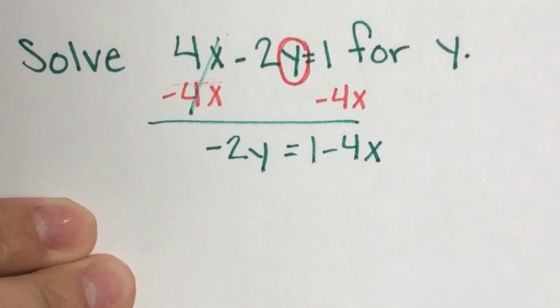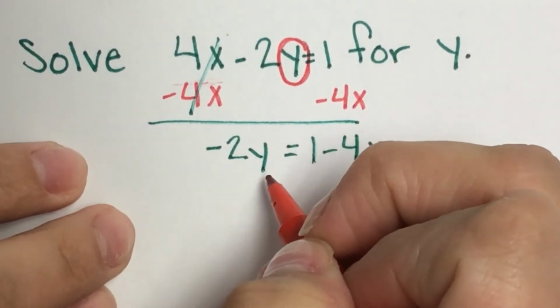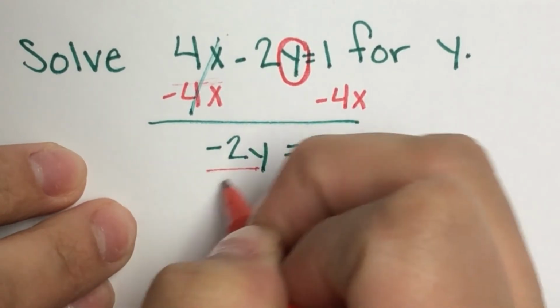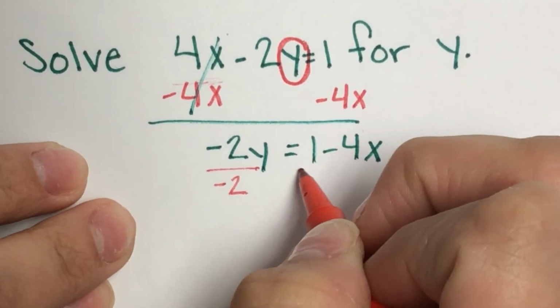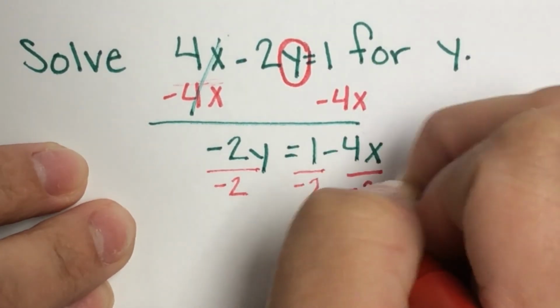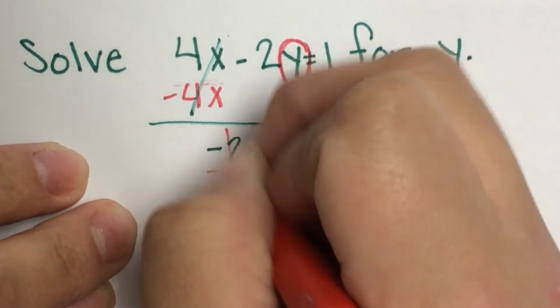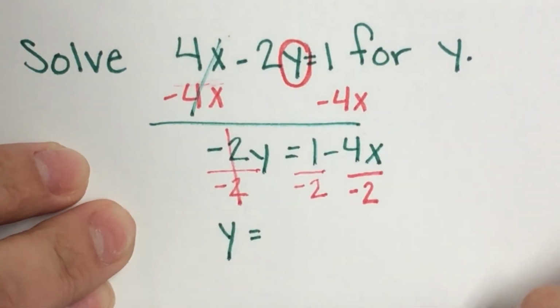Okay. And then I need to get rid of the negative 2. The negative 2 is connected to y by multiplication, so I'm going to use division. And just like in our last problem, I'm going to divide each individual term by negative 2. Each individual one, okay? So y is by itself,